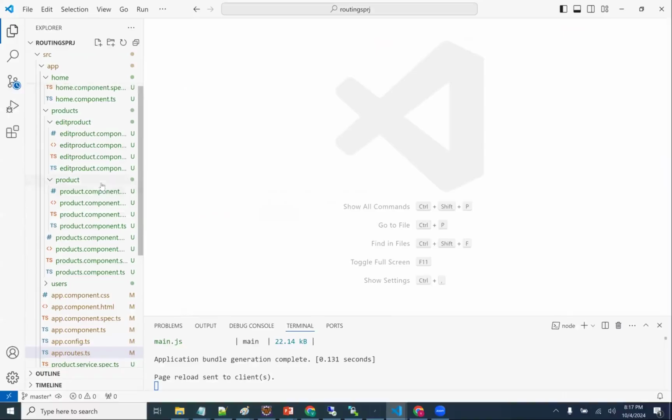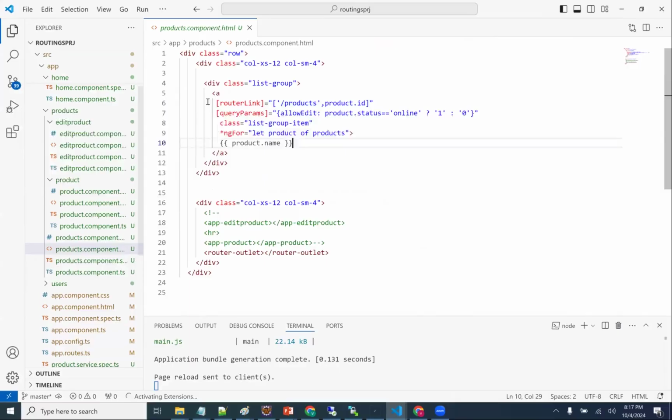I'm showing it here in the products list component. This is the code I added, right? Product ID: if the status is available, 1. If the status is not available, 0. This is the code I'm adding. Where I'm going here: product/product ID.